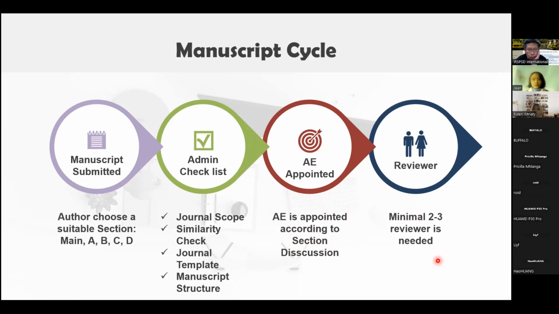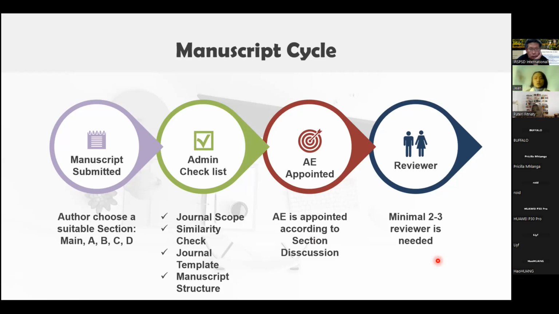So here, there is a minimum number of reviewers we will assign for your manuscript. It will be 2 or 3 reviewers. Sometimes we will ask for more reviewers if there is some kind of contradiction in the results. One reviewer will say, this paper is very good, it could be accepted, and another one will say, it's not good enough, it should be rejected. And another, this should be a major revision. Maybe we will appoint another reviewer to judge your manuscript.